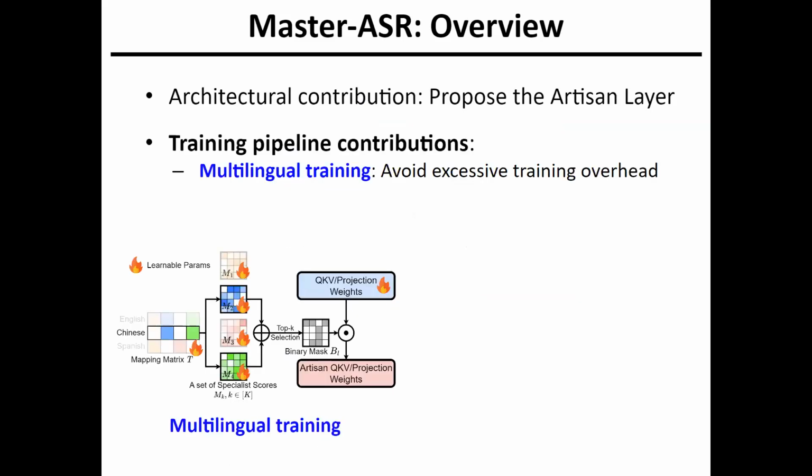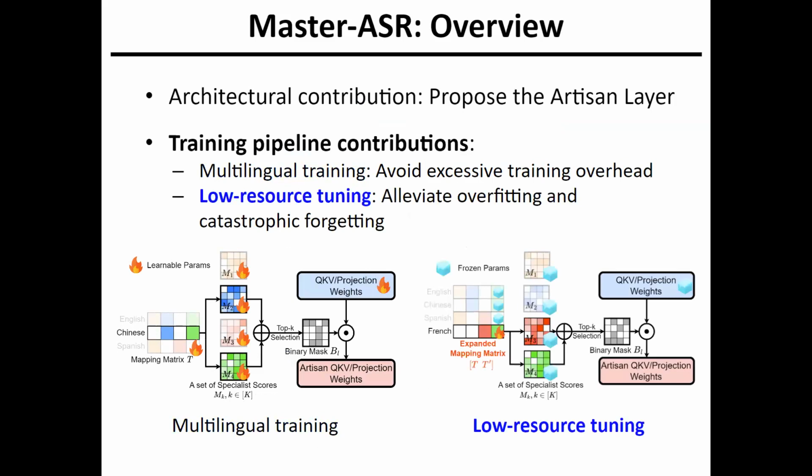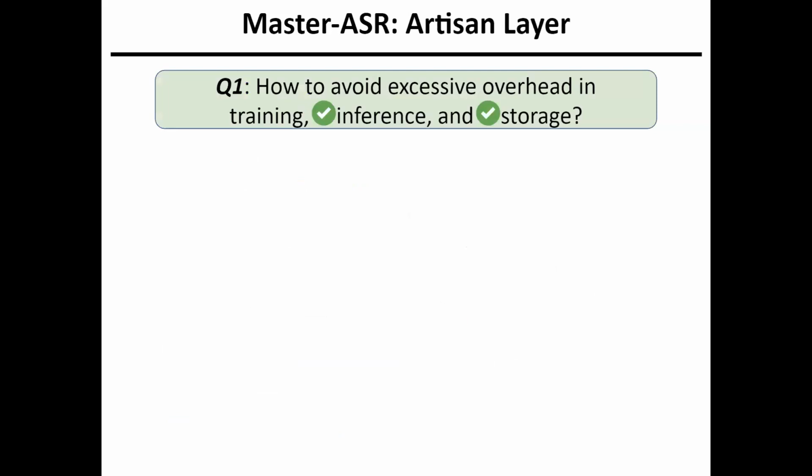We also propose a two-stage training pipeline, which integrates multilingual training to avoid excessive training overhead, and low-resource tuning to alleviate overfitting and catastrophic forgetting. We first introduce our proposed Artisan layer, which aims to avoid excessive overhead in inference and